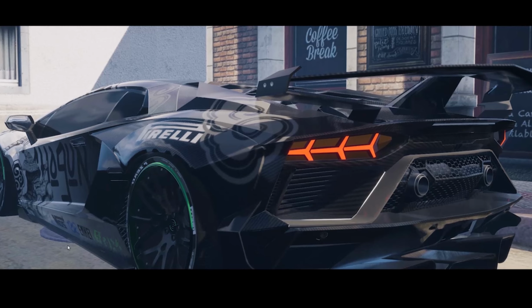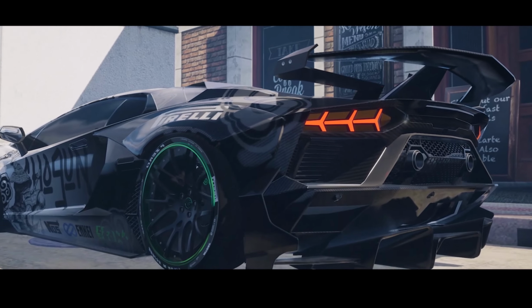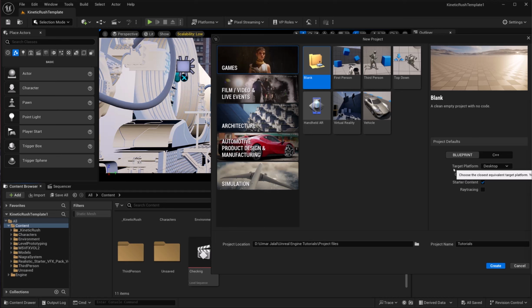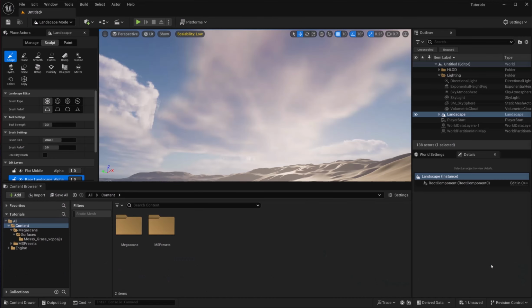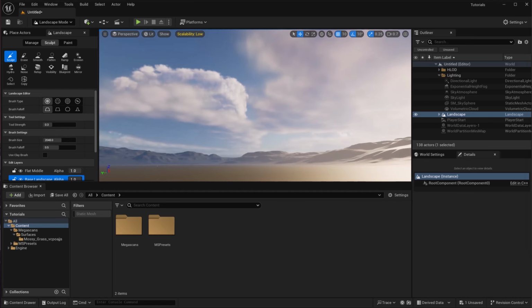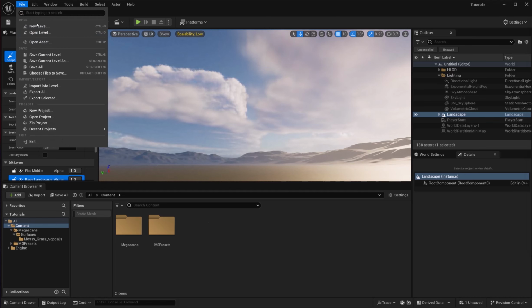So in this video, I'm going to show you how to render 3D models in Unreal Engine 5. First of all, we are going to make a new blank project and give this our destination, and after that make sure ray tracing is enabled. Then we are going to set up our scene, and for that I'm going to create a new level,